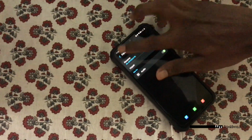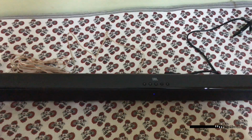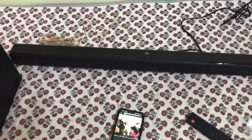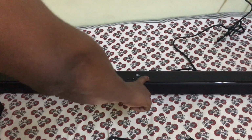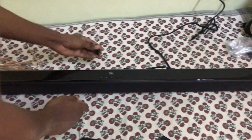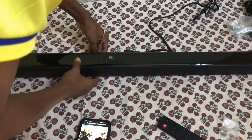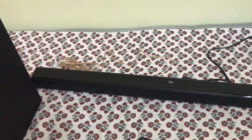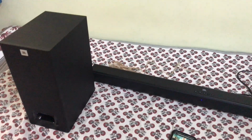And let me connect through my Bluetooth. So I have connected my phone using Bluetooth. So let's play and see how it sounds. As you can see, I have disconnected the subwoofer to show you how the performance of a soundbar